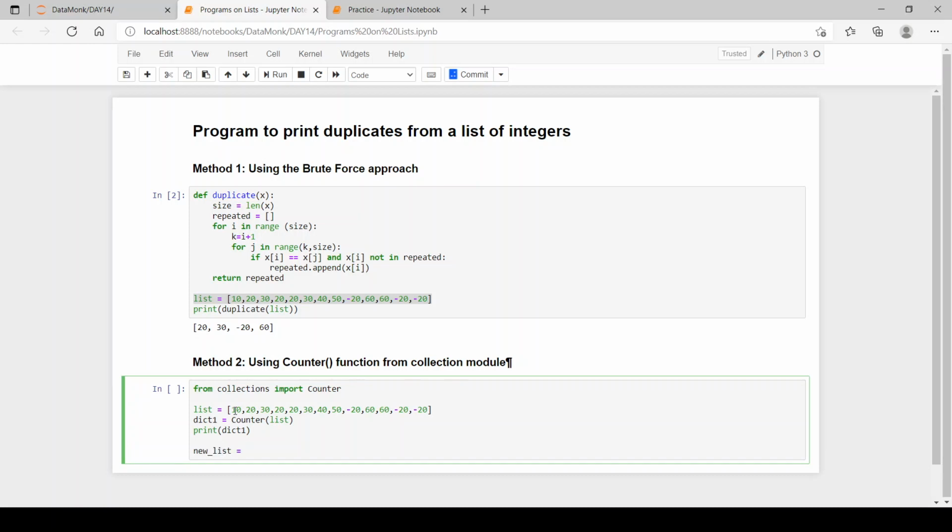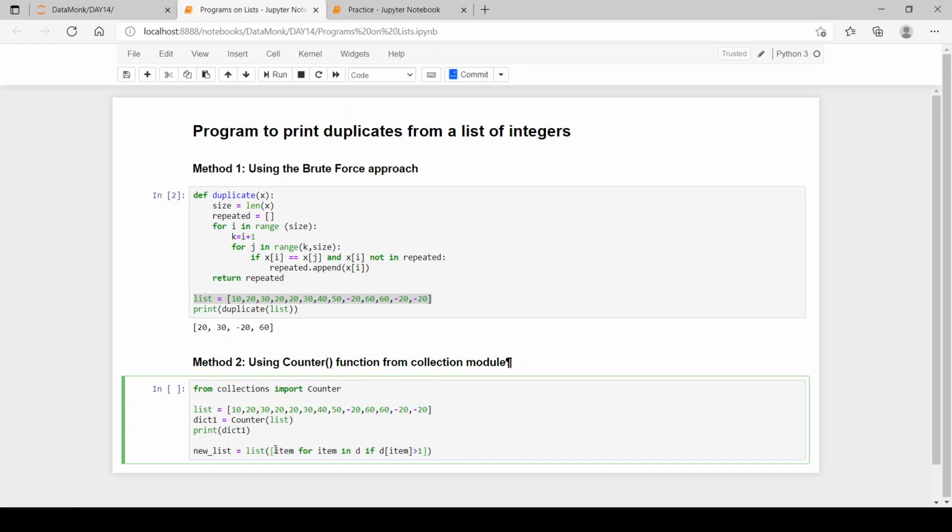New list equals list, item for item in d, if d of item is greater than 1.